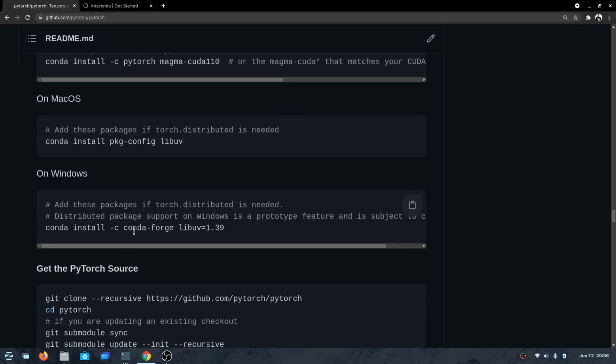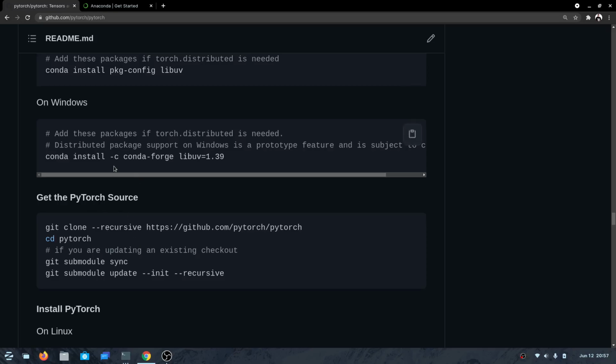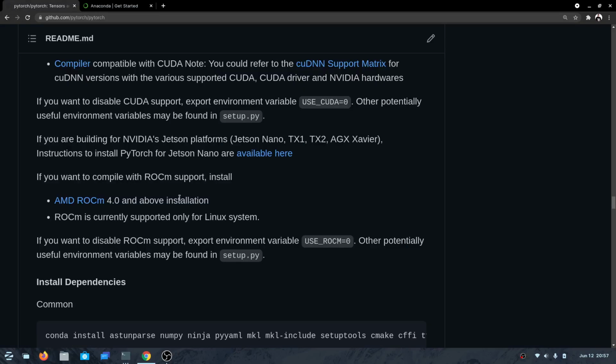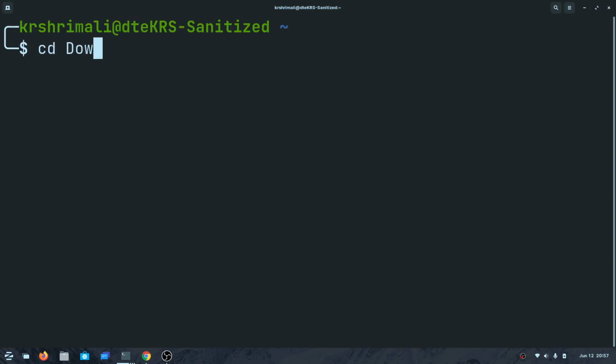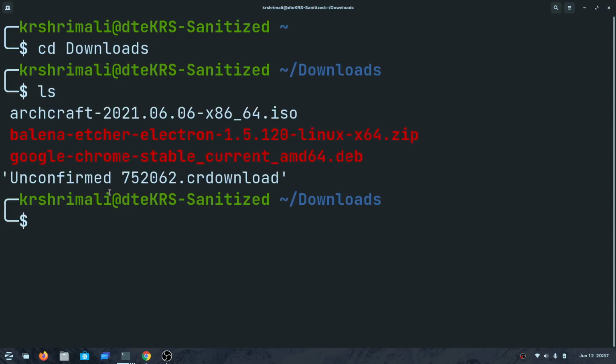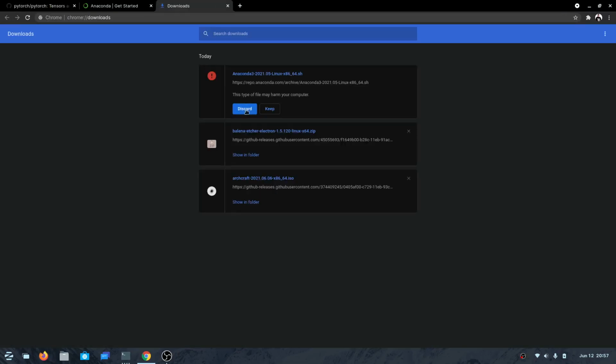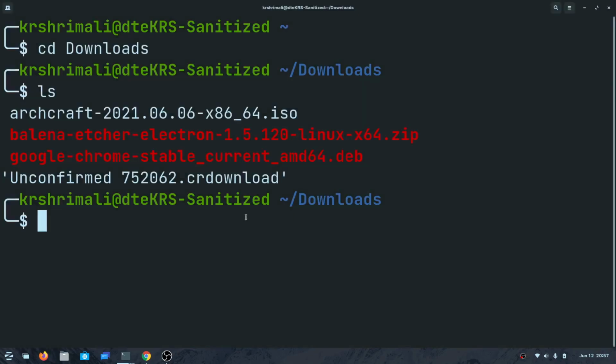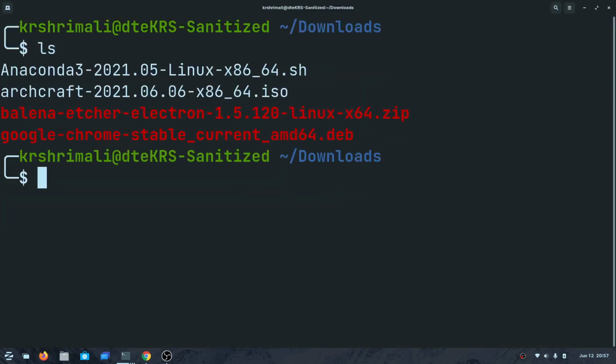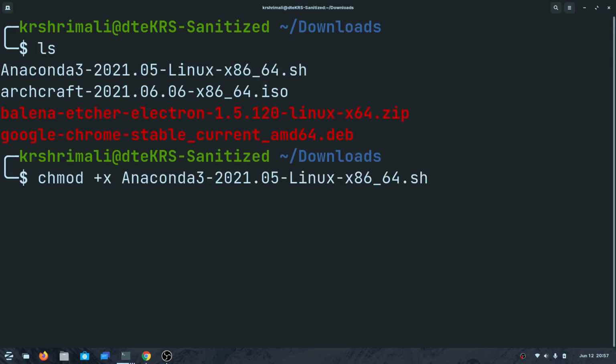Okay, so what I'm going to do is start setting things up, and you can just follow along. I'm going to open the terminal now. Let me open my Z shell. Right, as you can see, I'm here. I'm going to go to Downloads. I've downloaded it here. If I do ls now, you can see it is here, Anaconda3-2021.05-Linux-x86_64.sh. This is a shell script file for us to install Anaconda. All you need to do is first of all make it executable so that you can run this file. How do you do that?